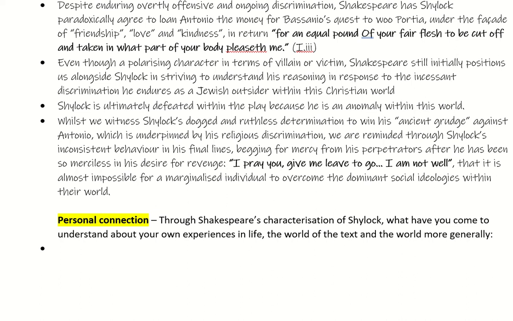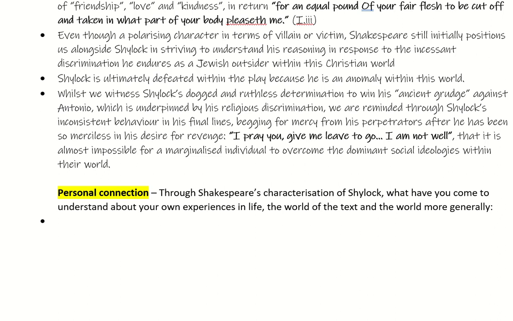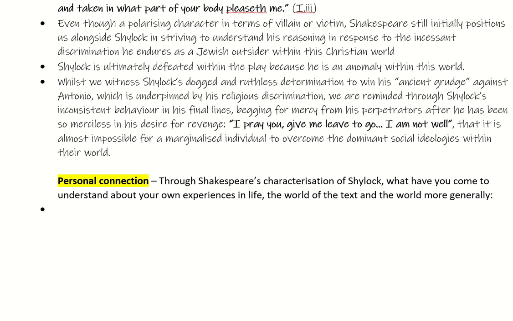And again, that gives you some scope to think about the representation of human experiences here. As humans, do we just want to destroy those who are different to us? Do we want to get rid of anyone who doesn't align with our own attitudes and values and behaviours within human experiences? Again, it gives you scope to think through the way he's crafting this character.